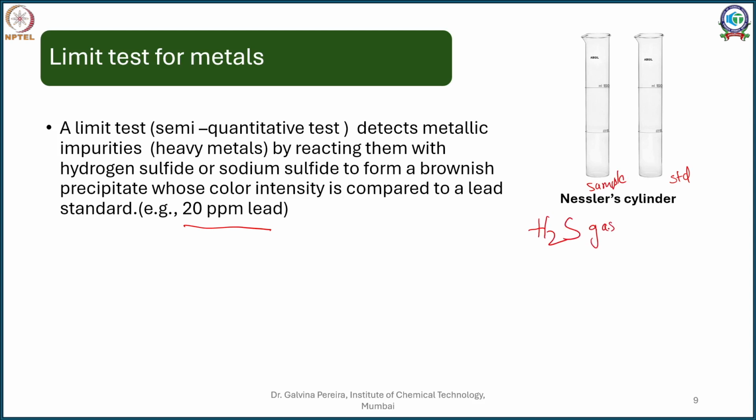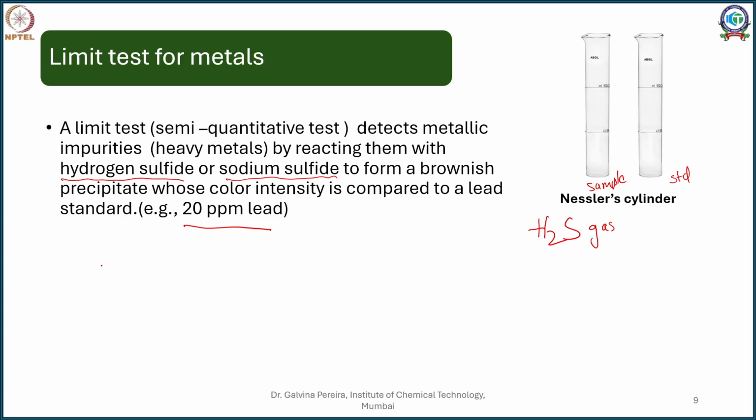Now with H2S, you create an H2S solution by bubbling H2S gas through water and then you pour it in. Now there are different methods. If you go to see the Indian Pharmacopoeia, they use H2S gas in methods 1 and 2 and sodium sulphide in method 3. So pharmacopoeias also specify different methods.